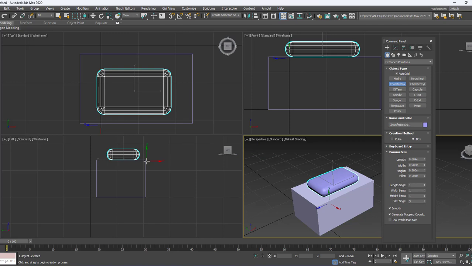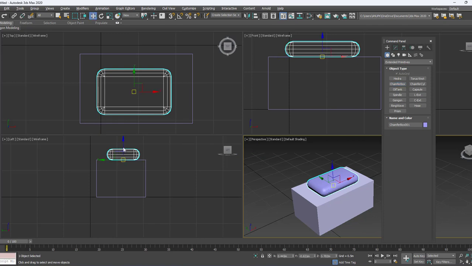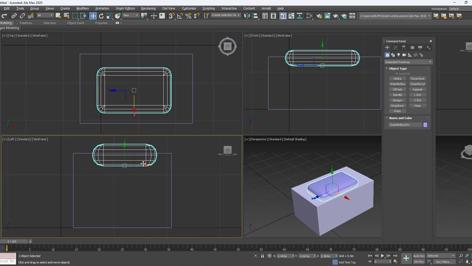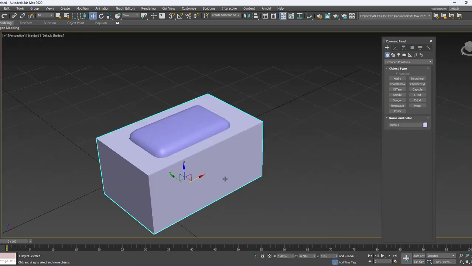Use the multiple viewport to place it properly. Now I want to subtract this much of the portion from this. Make sure you are selecting the main object, that is the A object.